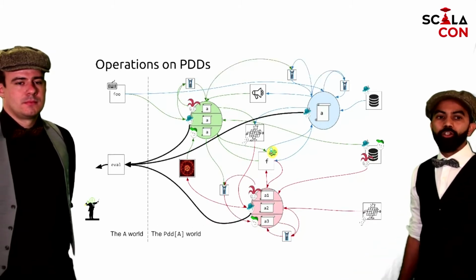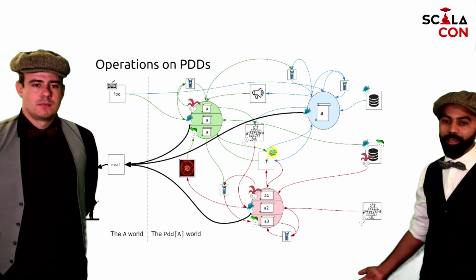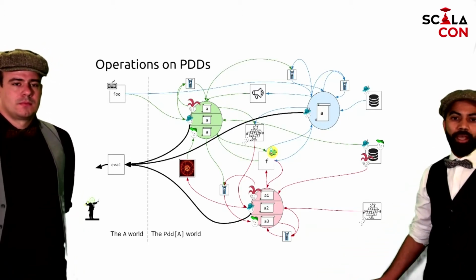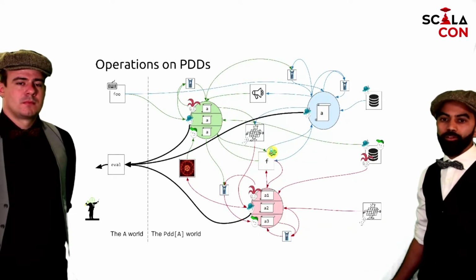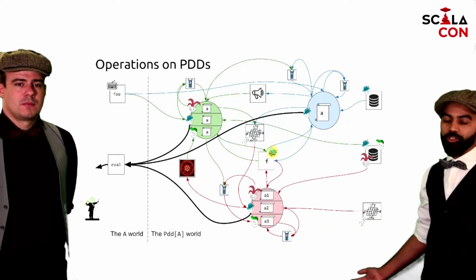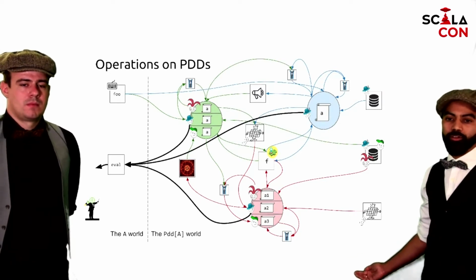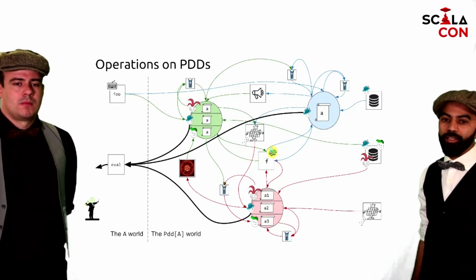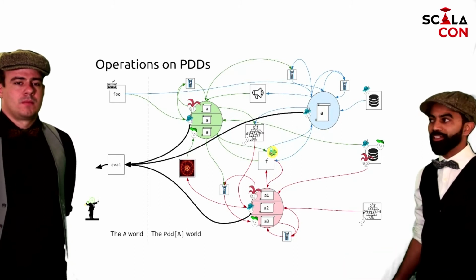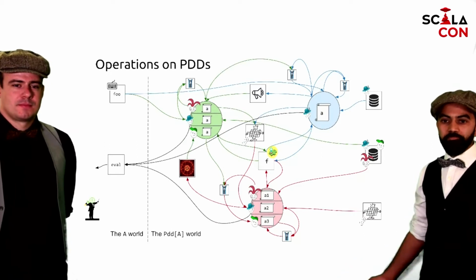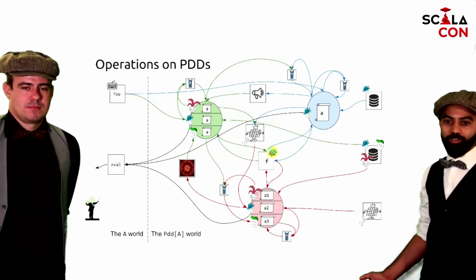Finally, you evaluate a PDD, and this is the eval, where from the PDD world, you go back to the A world. And what happens then is when you have a uniform PDD, you just request one of the owners to give the value back. Or if you're a secret PDD, well, you just request all the shares, and again, using the additive secret share properties, you add them up. So that's basically it. That's all you really need.